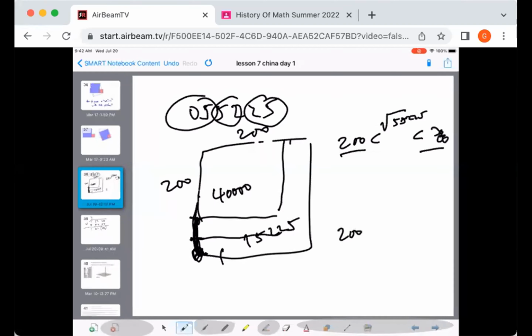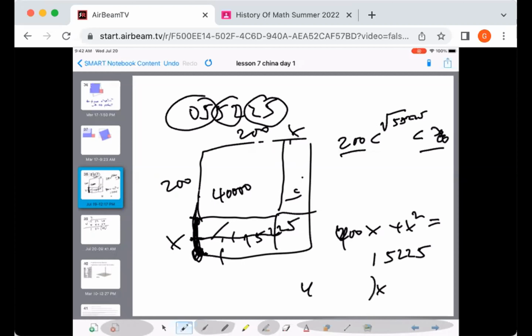I would say 200x here, here's x, 400x, that's 200x down here and 200x there, plus x squared would be equal to 15225, which should be x times 400 plus x. But in this case, you would not be trying 1, 2, 3, 4, 5, 0, 1 through 9 for x, because it's between 0